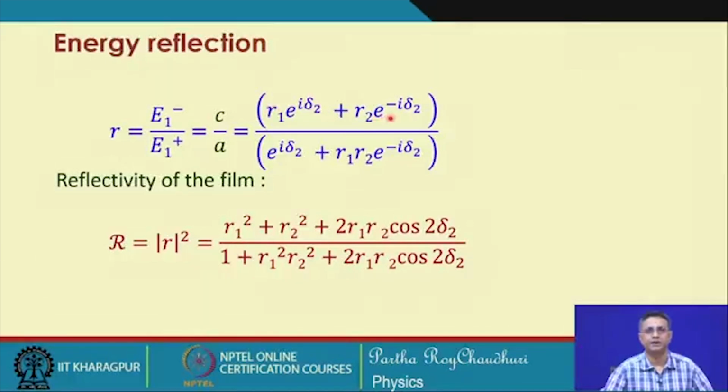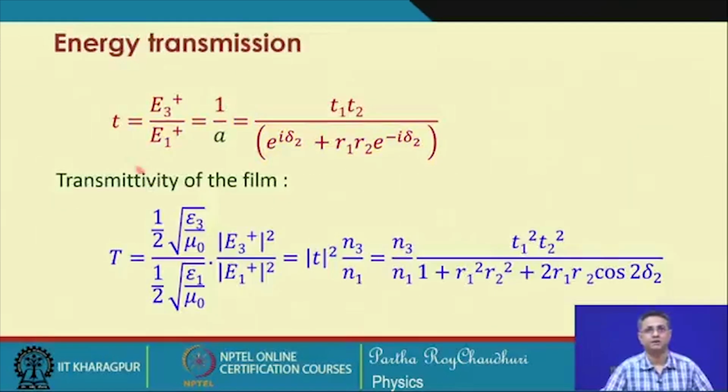The square of this quantity will give me r1 square plus r2 square plus twice r1 r2 and the phase factor, that is cosine of twice delta. In the denominator this will be 1 plus r1 square r2 square and then twice r1 r2 cosine 2 delta. So, this is now complete and we have that energy reflection from the film in a compact form,